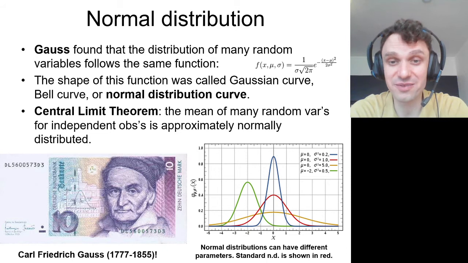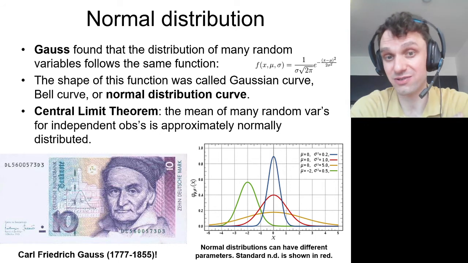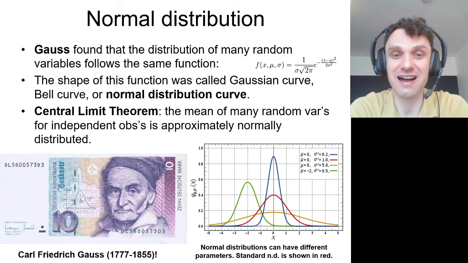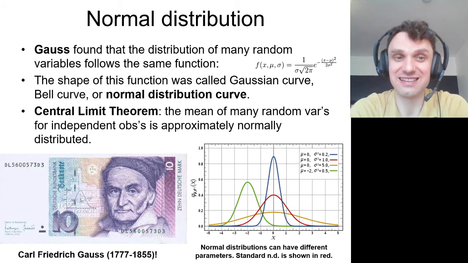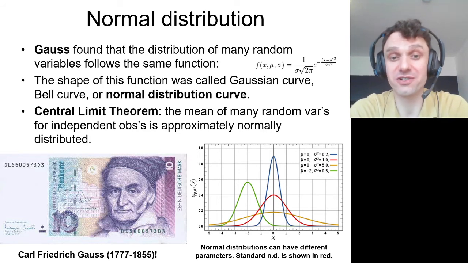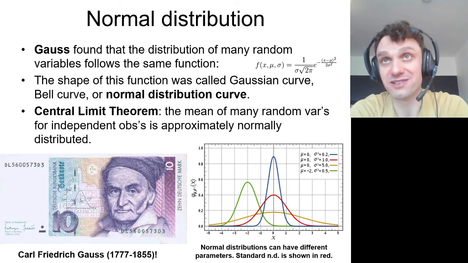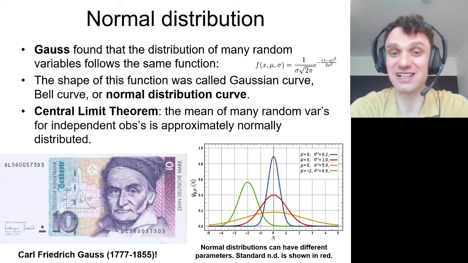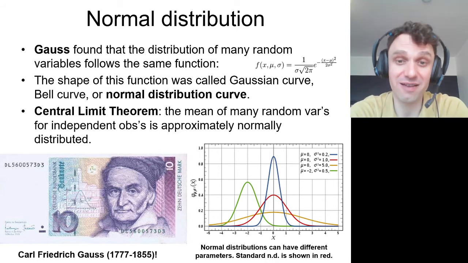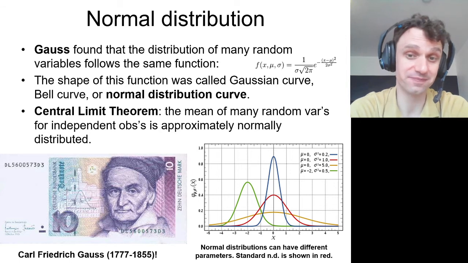So here on the diagram you see sigma squared. This is variance. It's squared standard deviation. So if you take a square root, you'll get standard deviation. So these two statistics are enough to define a normal distribution. The mean of a normal distribution determines its center position. Sometimes it's also called shift in some sources. So here, for example, you can see that the blue distribution, the red distribution, and the yellow distribution have the same mean of 0, and the green distribution has a mean of -2.